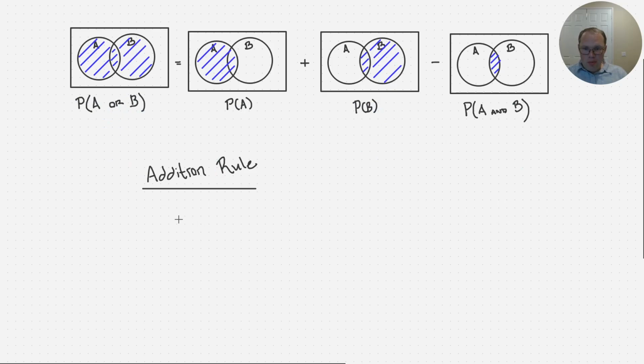That probability of any two events, A or B, is equal to the probability of A plus the probability of B minus the probability of A and